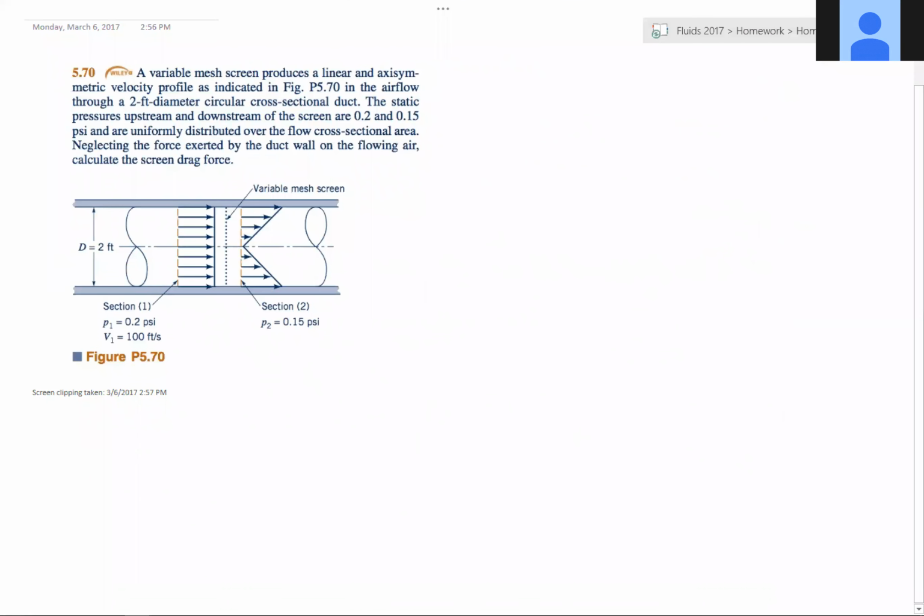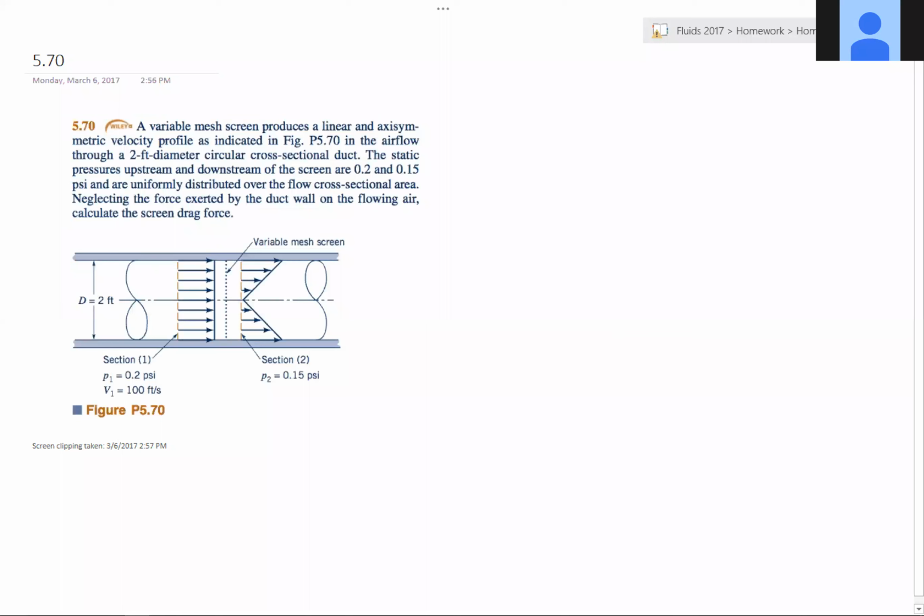Because I have to have at least one problem that goes a little bit beyond some of the stuff that we've learned in class. Kind of take our knowledge and take it a step further. That's kind of what you do in an exam. All right, so we have a variable mesh screen, linear and